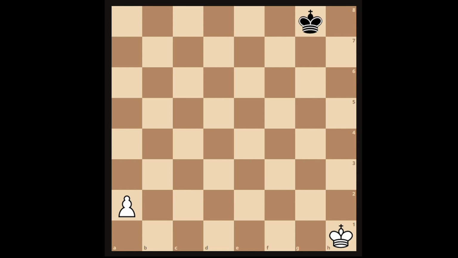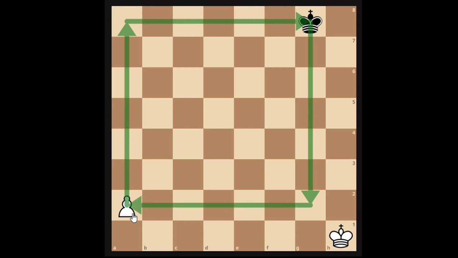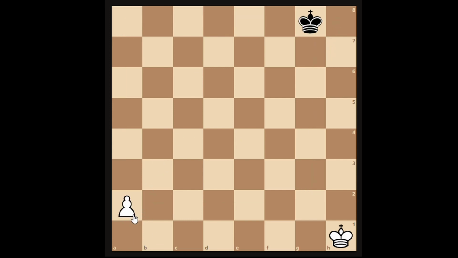There's really one clearly best move here, so you can pause the video and try to find it yourself. But anyways, I've said before that the way you know if a pawn promotes is that you draw a line to the end square, and then you make a smaller square out of that on the chessboard. So like this. If your opponent's king is in this square, then they'll be able to catch it. So if white went like this,